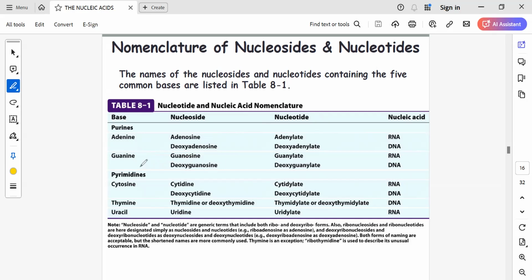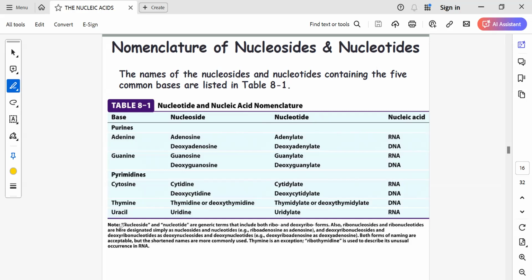Then the next thing is for the pyrimidines. Sugar plus cytosine, in the case of RNA, is cytidine. And for sugars without the OH group at carbon 2, we have deoxycytidine. And then for thymine, we have thymidine, or you can call it deoxythymidine. And uracil will change to uridine. But if it is in the form of nucleotides, it means you have,